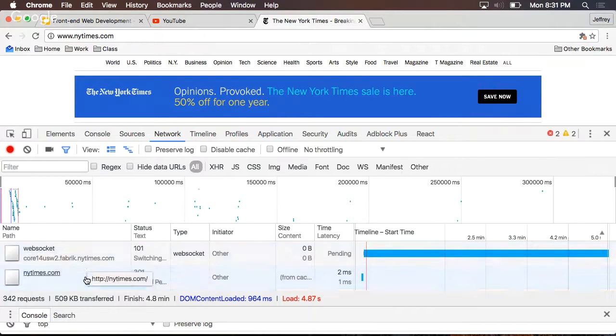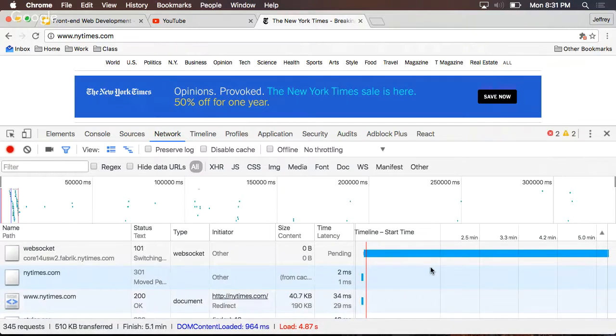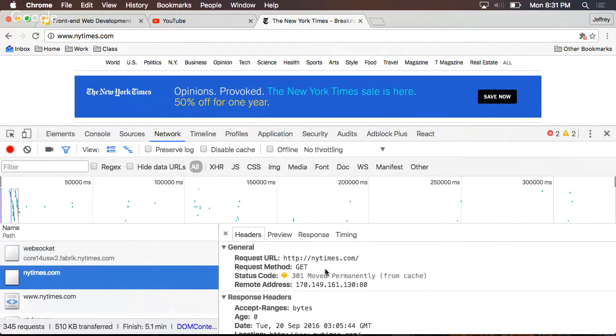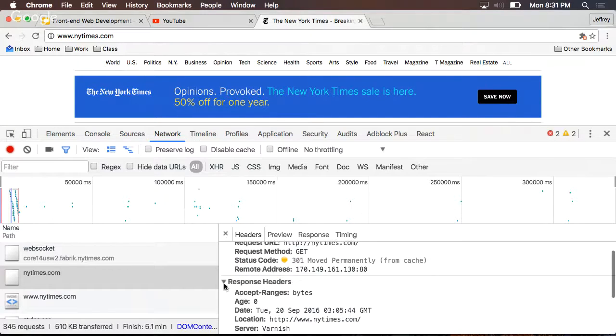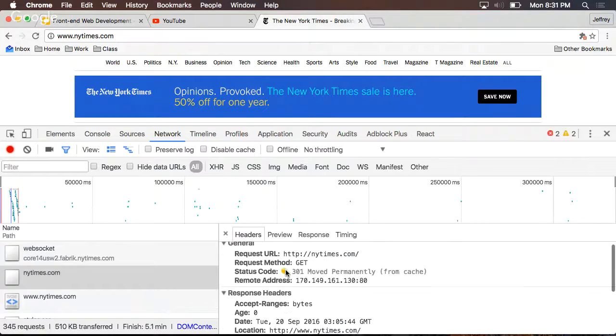So anyway, a few other things I should talk about with HTTP is that when you make a request and you get a response, that response might have a few different results. What I mean by that is you might get different status codes. Right here, I've got a status code for NewYorkTimes.com of 301 moved permanently. What I did was I made a request for http://nytimes.com, and what I got in response from the server is an HTTP response that, well,